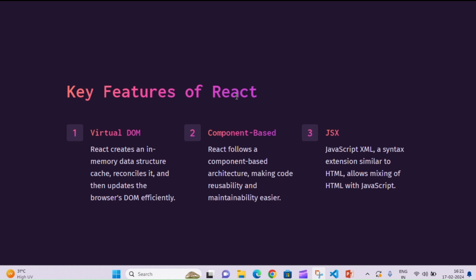Second, component-based. React follows a component-based architecture, making code reusability and maintainability easier. Third, JSX, JavaScript XML, a syntax extension similar to HTML, allows mixing of HTML with JavaScript.